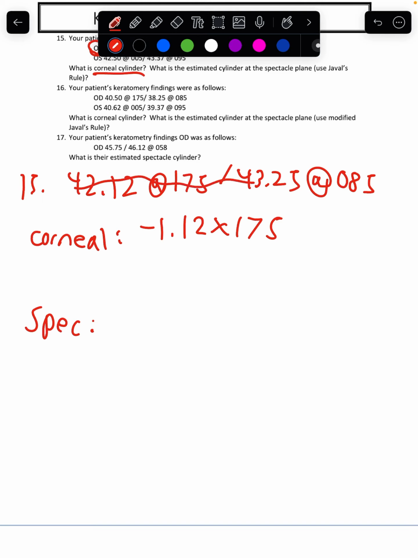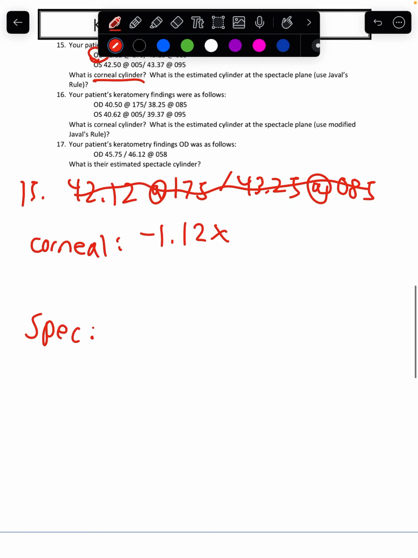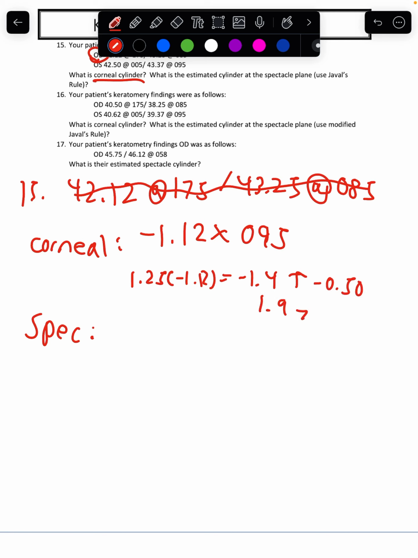And then I just want to do two more examples. Ignore what's written up here. Let's say hypothetically this was axis 95. So again, let's say we're doing regular Javal's rule. We would do 1.25 times minus 1.12, which equals minus 1.4. And in this case, since it's against the rule, we're going to go up by 50. So increase by minus 50. So then our answer would be 1.9, which I would round to minus 1.87. And so our answer would be minus 1.87 x 95. Okay, and then